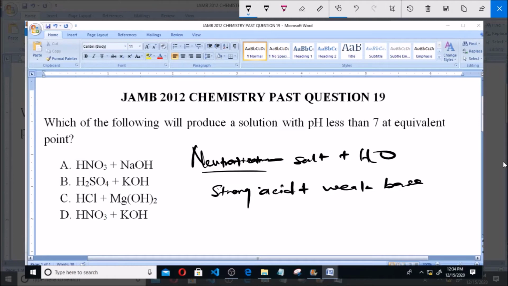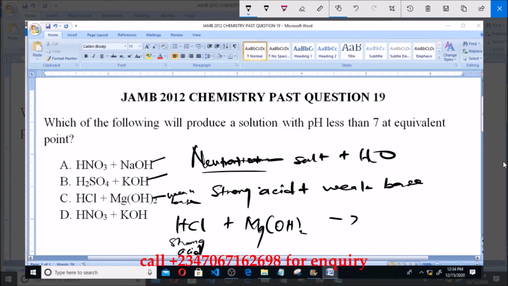Now, looking at this, HNO3 is a strong acid, H2SO4 is a strong acid, and HCl is a strong acid. But sodium hydroxide here is a strong base, and potassium hydroxide is a strong base, but magnesium hydroxide is a weak base. So it simply means that hydrochloric acid, which is HCl, a strong acid, once it reacts with magnesium hydroxide, which is a weak base, it will definitely give us